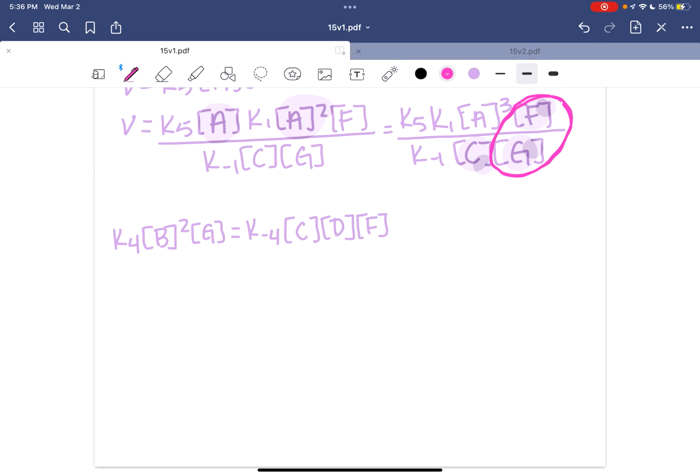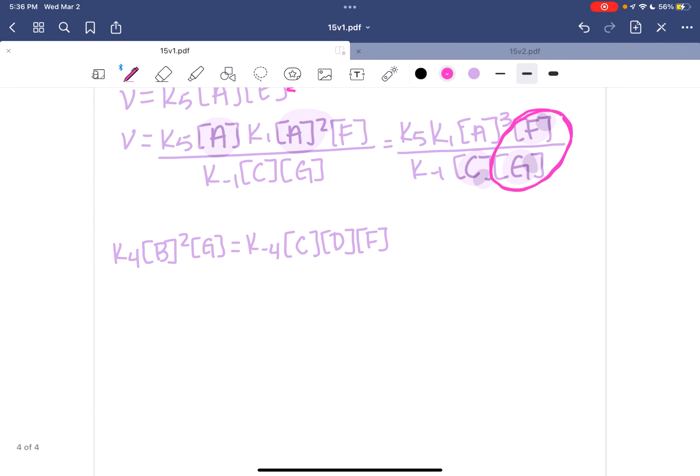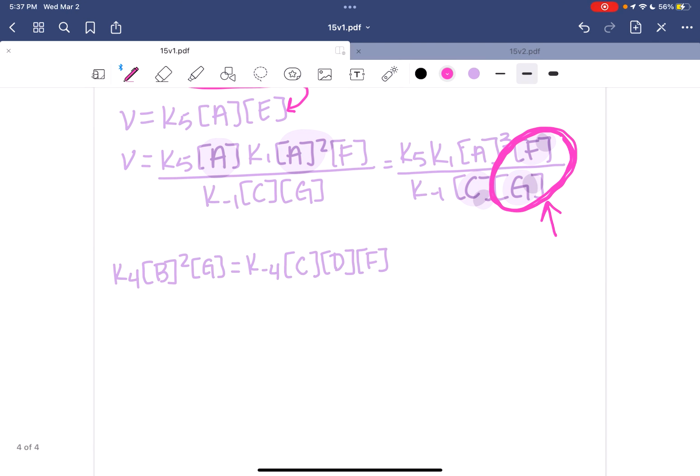Okay, so this is our rate law from step 4, and I had said just a minute ago that we want to try and get rid of F and G together. So what we're going to do is try and match how they appear in our rate law, because that will make the substitution the easiest. So we're going to try and isolate F divided by G. So we have F here, and if we want to divide it by G, that means that we are